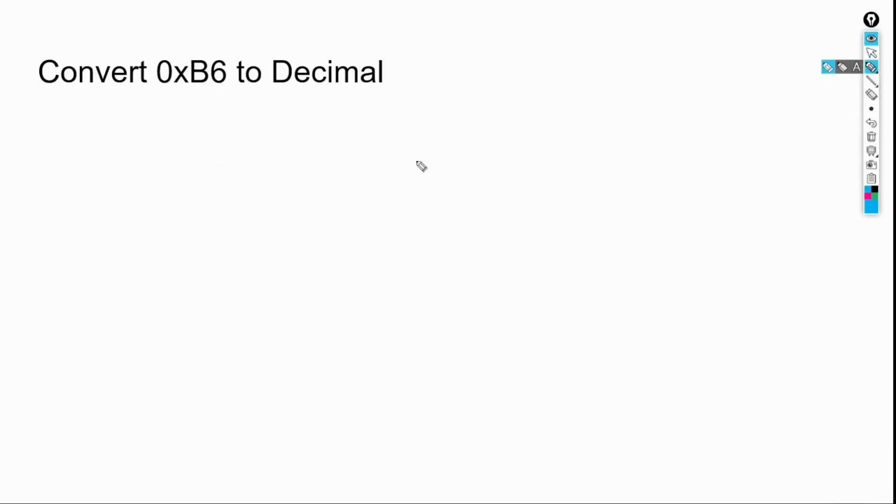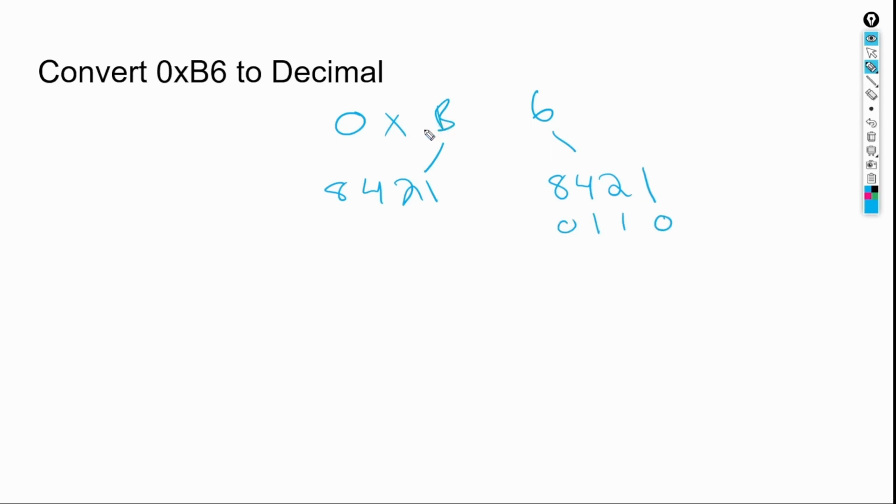Let's do one more. So we have hexadecimal B6 to convert. So first thing we do is break out our B into 8, 4, 2, and 1. And then we have our 6. Going to break that out to 8, 4, 2, and 1. The only combination of 6 that we can have is 4 and 2. These will stay zeros. Now, B, as we mentioned a long time ago, and I'm sure we've forgotten, we have the values